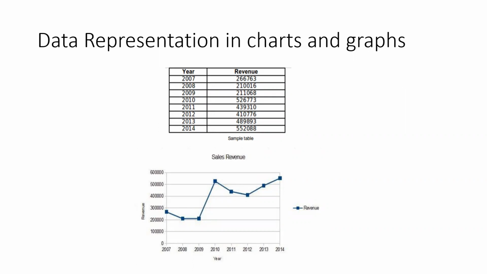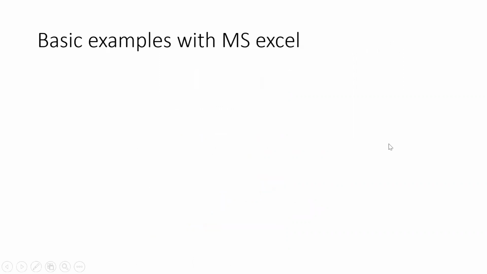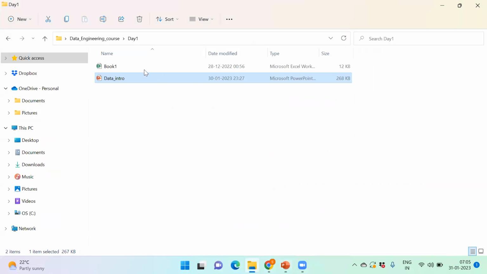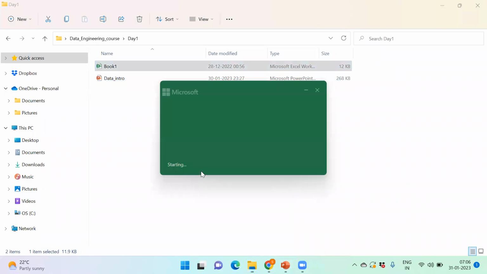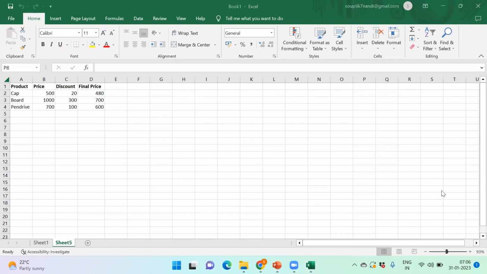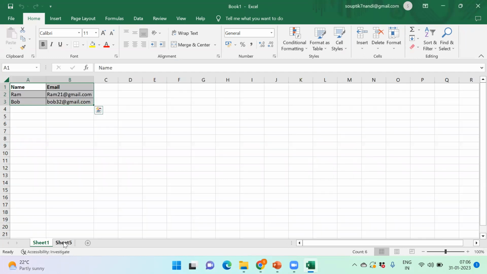Okay, so moving to the next slide. Okay, I have an Excel over here. Let me show you. Yeah, the day one class. The same charts and graphs I'll be showing you in that example. Over there, I have a particular Excel. This is sheet one, same thing.